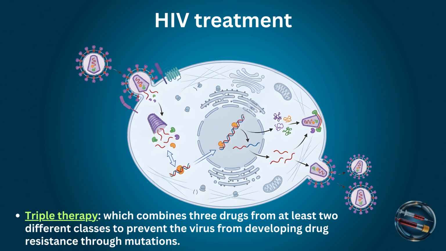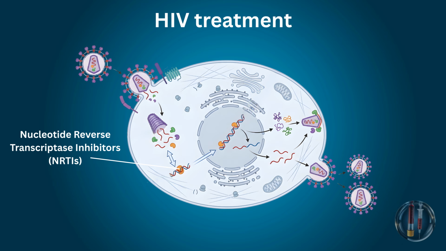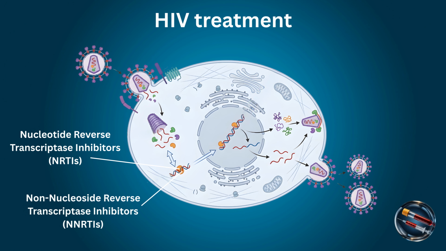Antiretroviral therapy relies on five main drug classes targeting distinct stages of the viral life cycle. First, nucleoside or nucleotide reverse transcriptase inhibitors function by acting as faulty or fake building blocks to cause premature viral DNA chain termination. Second, non-nucleoside reverse transcriptase inhibitors operate by binding directly to the reverse transcriptase to allosterically inhibit its